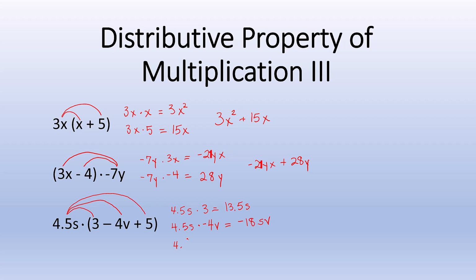And then 4.5s multiplied by 5 will give us